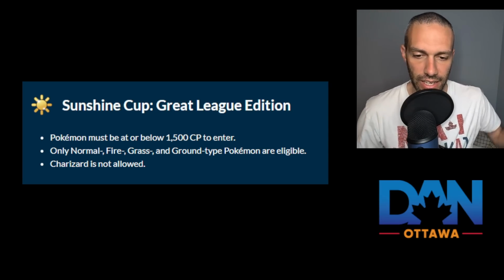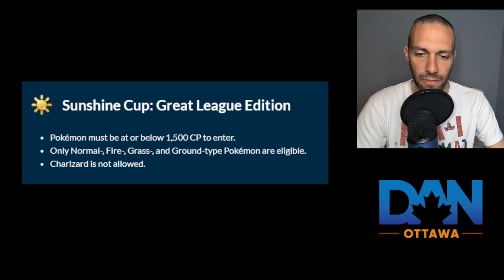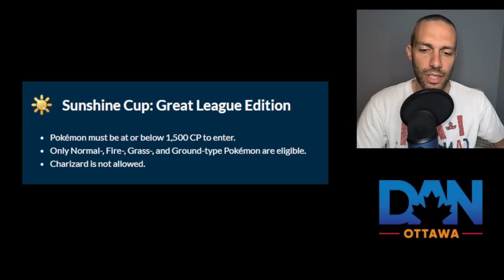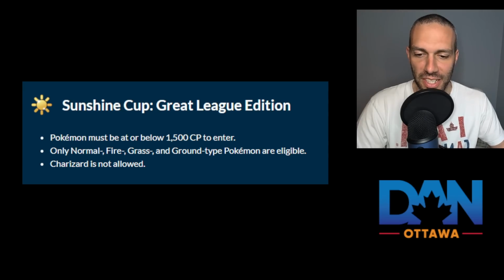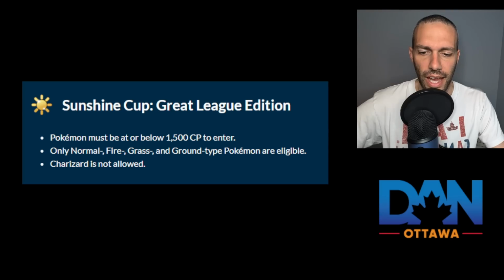So it is a 1500 CP league. Normal, fire, grass, ground are the eligible typings. So whenever you see these, you can just do the very basic, like, okay, fire beats grass, grass beats ground, ground beats fire. Normal always has an advantage because it's only weak to fighting, and a lot of these typings will not be super effective against it. So normal usually has an advantage, or it's a typing that has duo typing, and you're going to see that with the